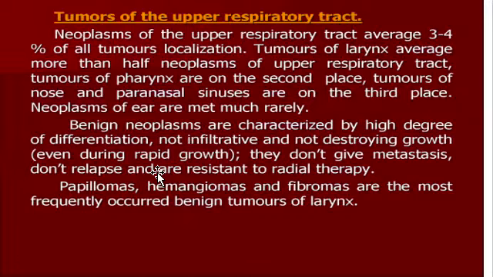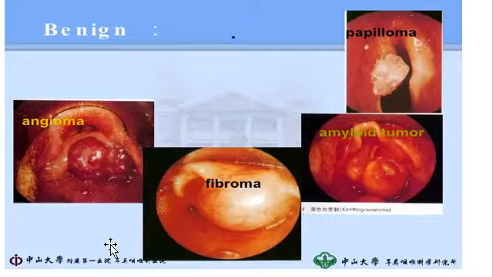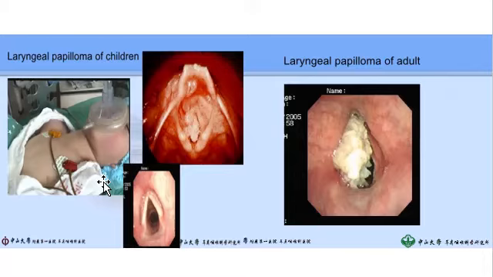Benign neoplasms are characterized by a high degree of differentiation, not infiltrative and not destroying growth. They don't give metastasis, don't relapse, and are resistant to radiotherapy. Papillomas, hemangiomas, and fibromas are the most frequently occurring benign tumors of the larynx. Of the benign tumors we can show as examples the papilloma, the angioma, fibroma. It's the picture of the laryngeal papilloma in an adult,